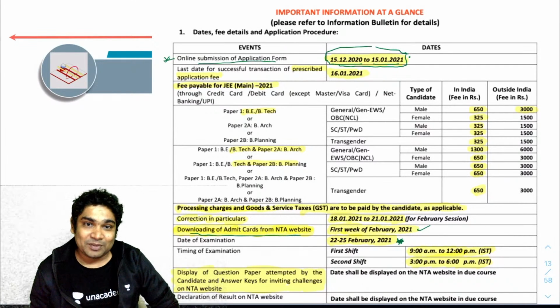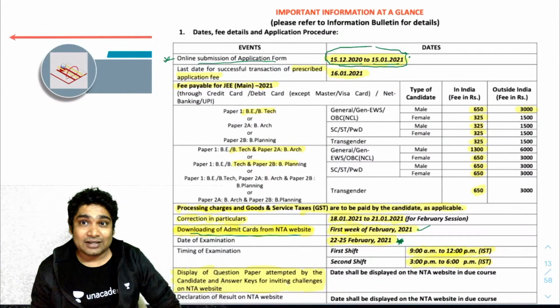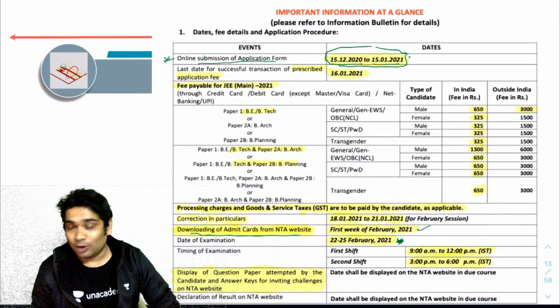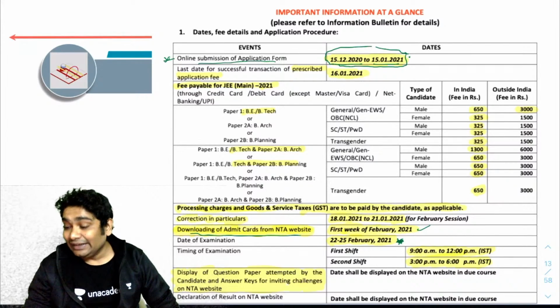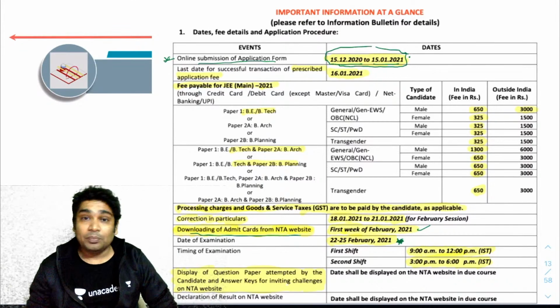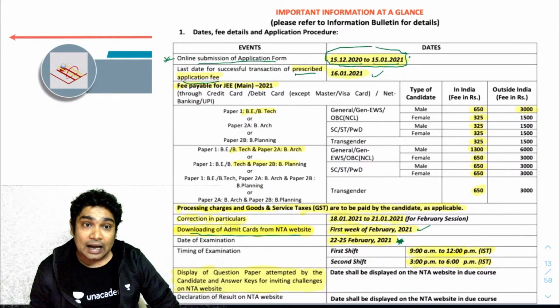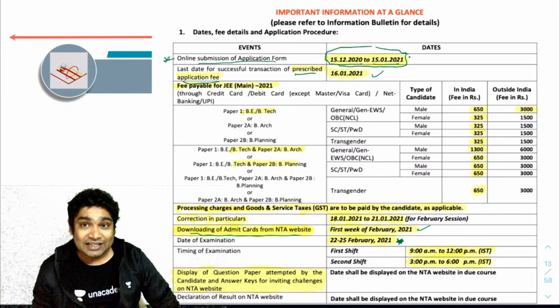Okay, you realize so many people would be rushing. So I guess, I don't know. Sometimes these links are not activated in time, and sometimes they crash also because of the amount of rush. Okay, next, the last date for paying your application fee is 16th. So make sure you fill out your form before the 15th of Jan, and you have paid the fees before the 16th of Jan.